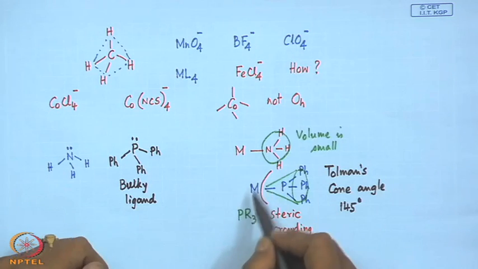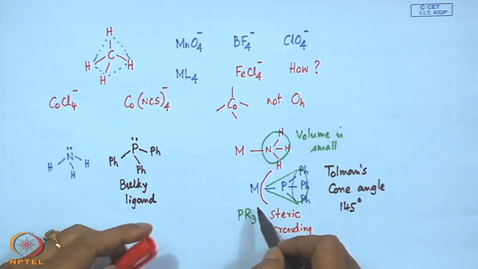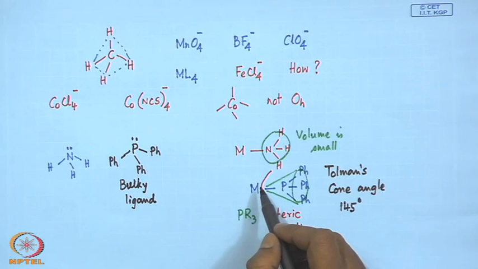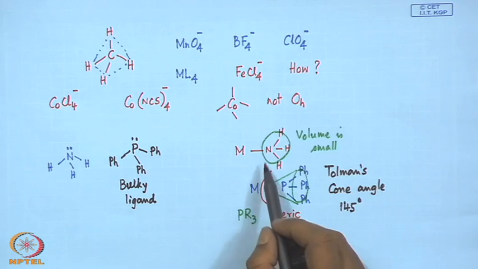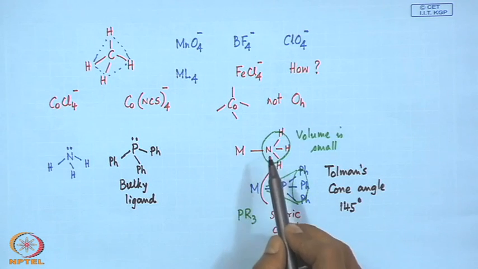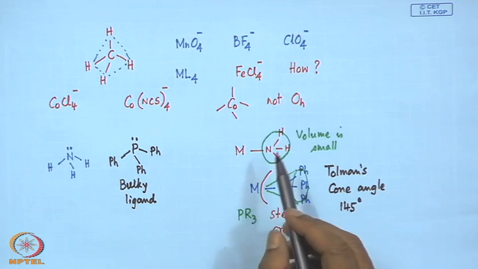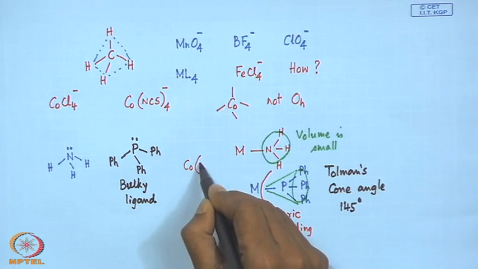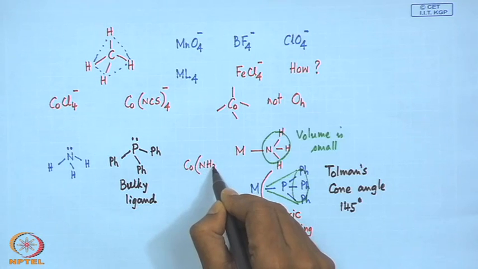That means, this particular site is not available for binding to some other ligand or some other donor atom, which was not possible in case of ammonia. So, ammonia cannot have that much choice, and as a result,